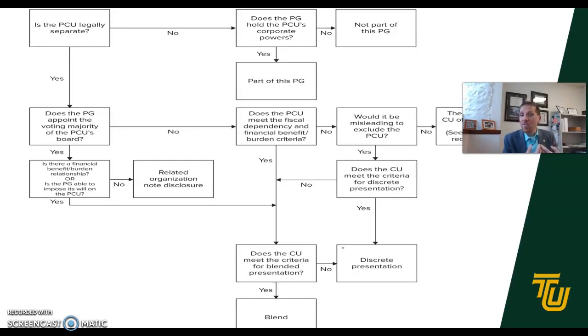Again, because we have to follow the rules of GASB, right? So this flow chart, this decision tree, is really helping us determine: is it part of the primary government? Is it not? Is it discretely presented, so just in aggregate, kind of off to the side, or is it part of our primary government in a way that we actually have to report it as such? What's all this mean?